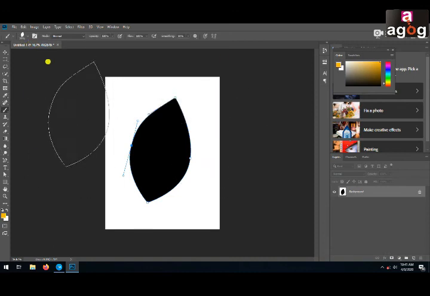Now you can see the brush tool is automatically selected and the same drawing, same graphic is here as my brush.